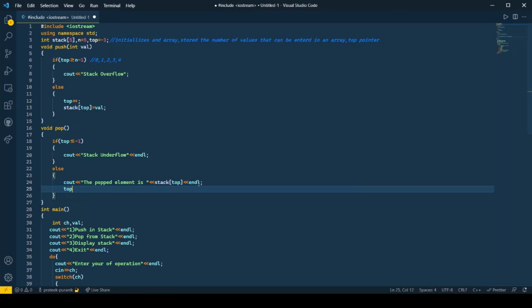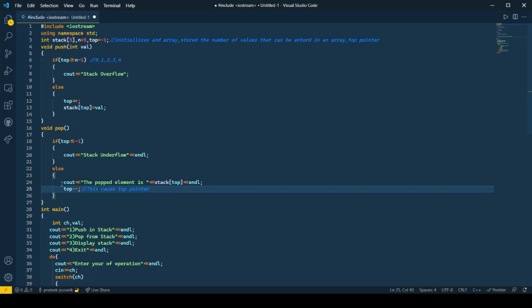After that we'll decrement the value of top. What is the significance of this? We are actually not deleting the value at top, but we are decrementing the top pointer. Whenever we perform the push operation next time, the push operation will override the value in the array.